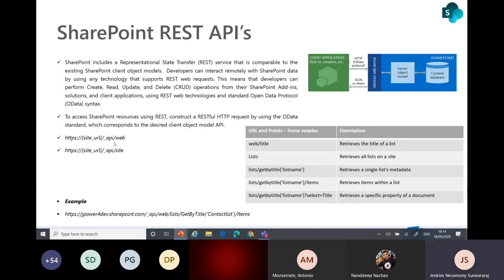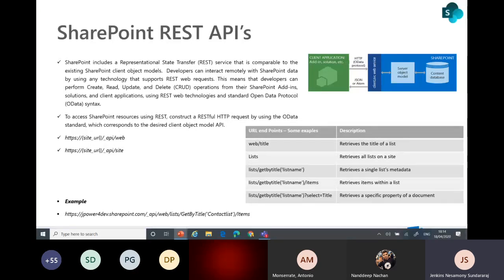Whenever you call the service, you can see your tenant URL, that is nothing but the domain, right? For example, tenant.sharepoint.com/_api/web, and like this, for the site we have different objects. If you want to get the list, you can mention the URL, right? This is how the example looks. The same thing I'll show you in my example.